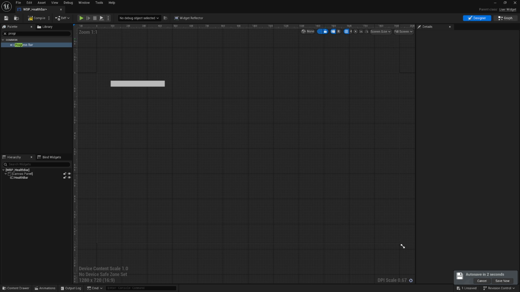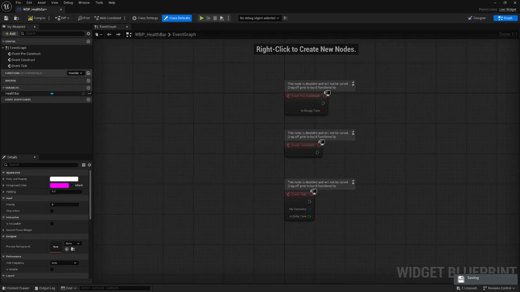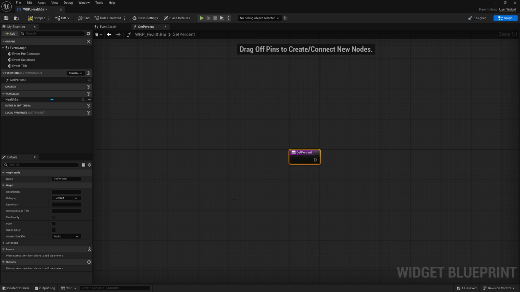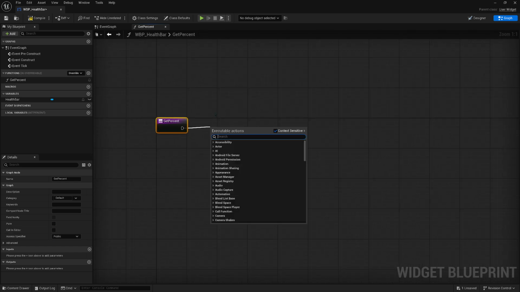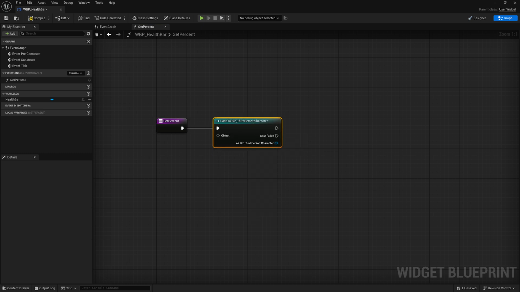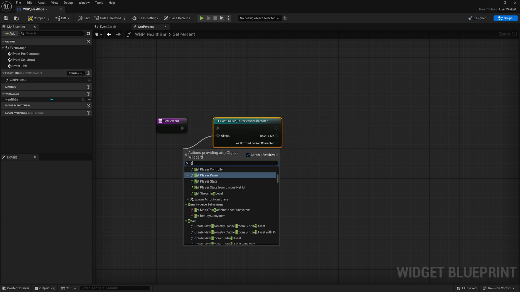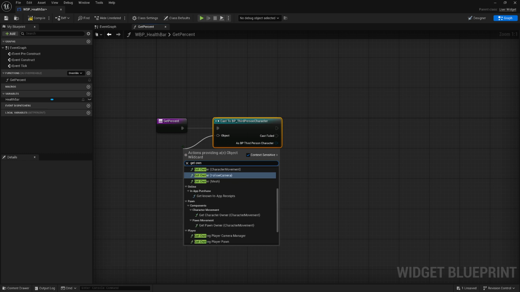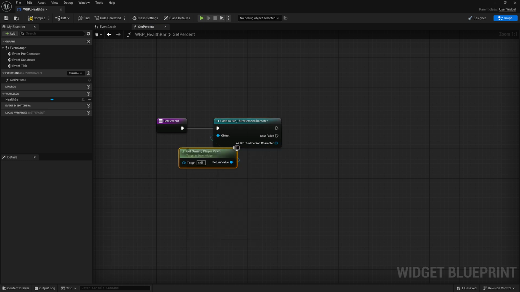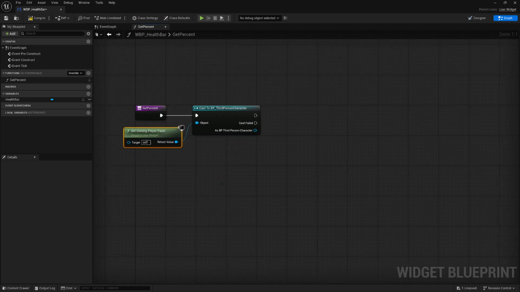Now let's go to the widget's graph and make a new function, and let's call it get %. Make sure it's not a pure function. Now let's cast to BP third person character. Make sure it's just third person character. Now for the object, we will do get owning player pawn. Make sure it's that one. Then as the BP third person character,